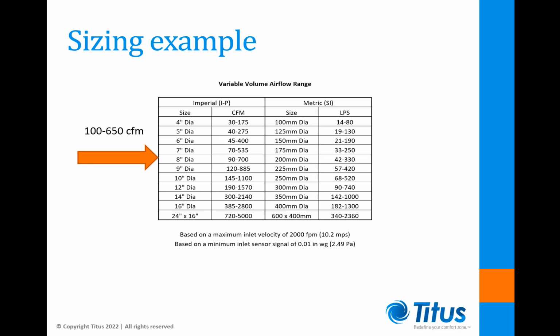So now let's look at a typical selection. It's been determined that the design cooling requirement for an interior zone is 650 CFM, and the minimum ventilation requirement per ASHRAE 62.1 is 100 CFM. Looking at our variable volume airflow range chart, we can see that an 8-inch round inlet would be ideal. It has a range of 90 to 700 CFM, and we need 100 to 650 CFM, so this is a